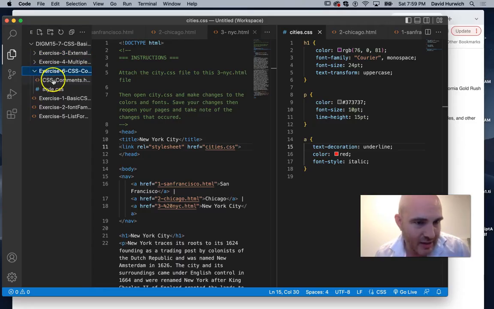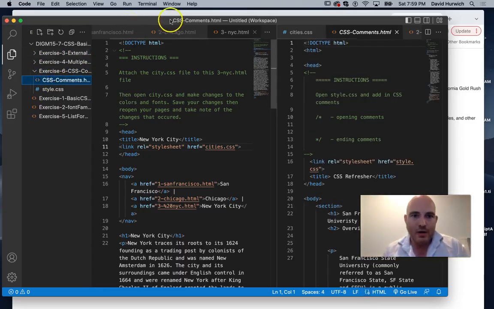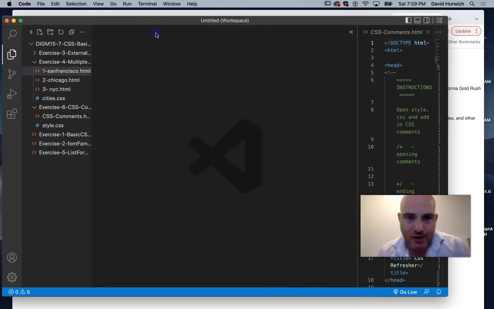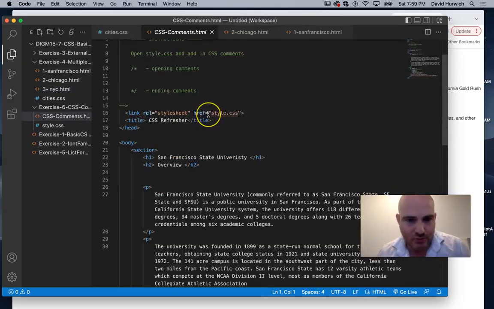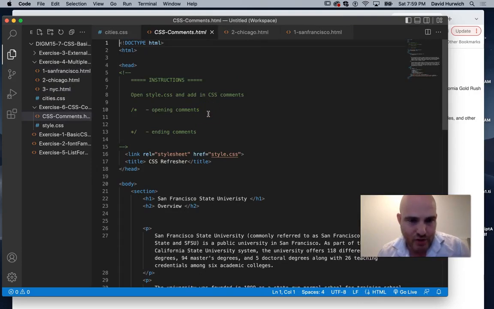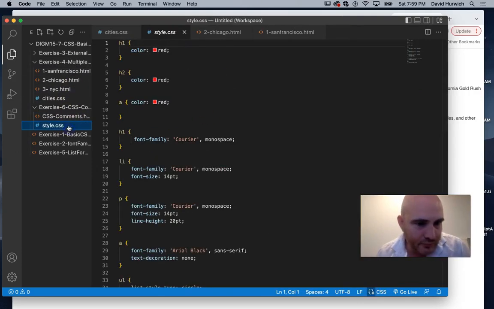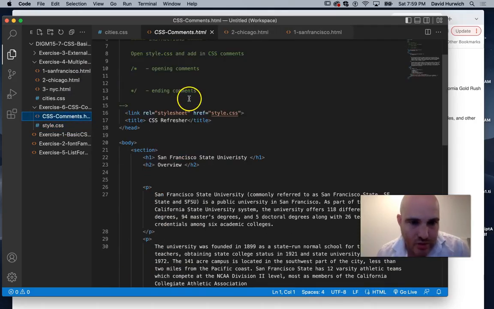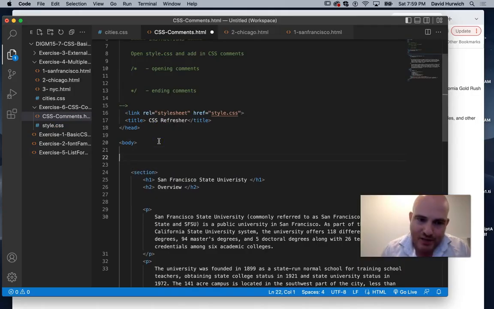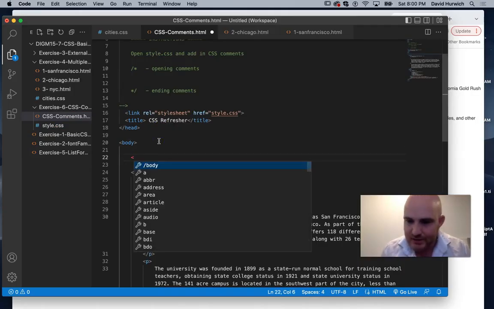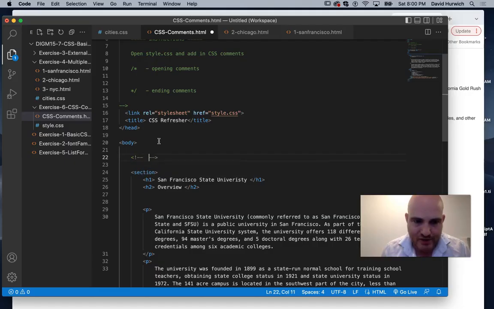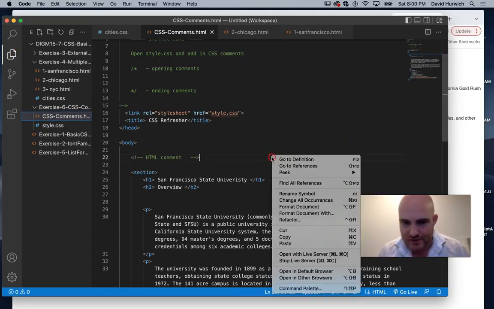One is, let's talk about comments. So we talked about comments for HTML, I think a couple classes ago. So if we remember, for HTML, a comment is something like this. It's left-facing angle bracket, exclamation point, hyphen, hyphen, and then to close the comment would be hyphen, hyphen, right-facing angle bracket. Okay, now that's for HTML. This is an HTML comment. Meaning I wrote this here on line 22, and if I was to preview this page,